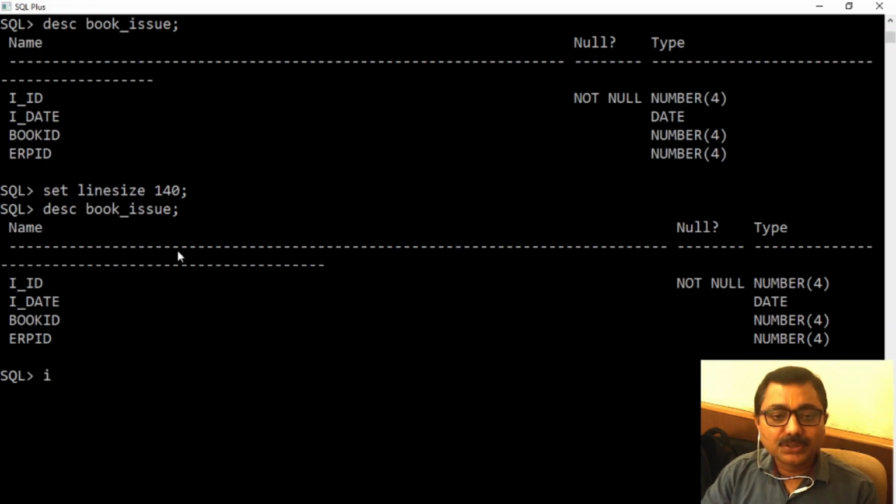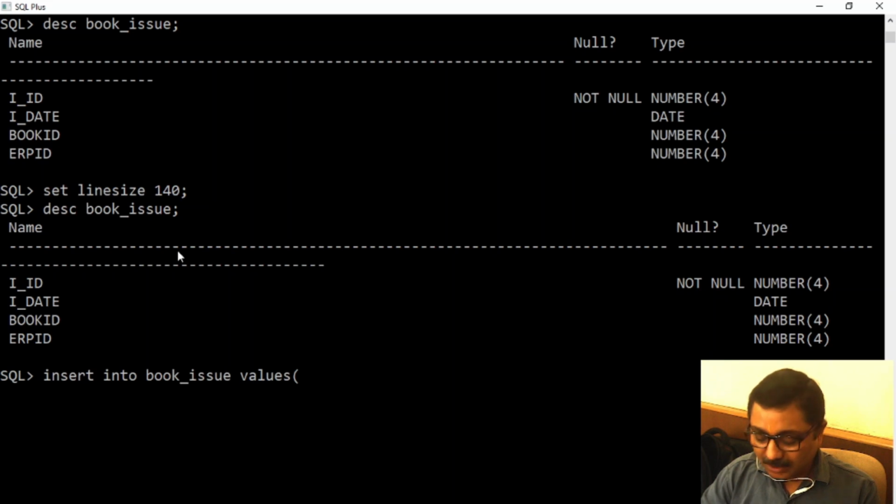So let's see. I'm trying to insert into table name, detail table name is book underscore issue, values. The first one is issue ID. I'm taking as I'm going to first book. Issue date today is 20 September 2021, quotes close.